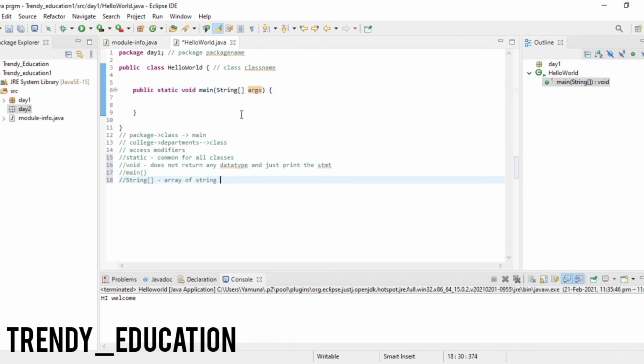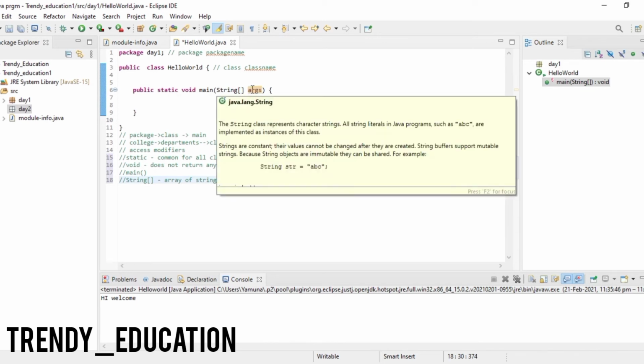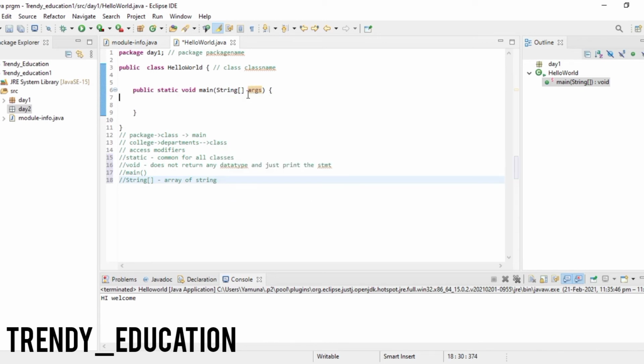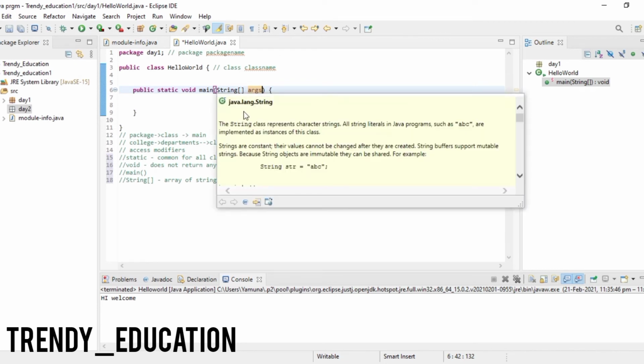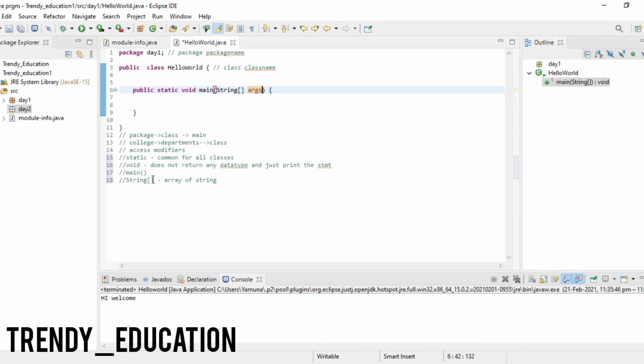Whenever you declare a variable, you have to declare the name of the variable, right? So like that you are using args. Args is nothing but the arguments. Why we are using this is that this String args will store the command line arguments. Whenever a value is passed at runtime, those values will be saved into this String args. So that's why we are using this String args.